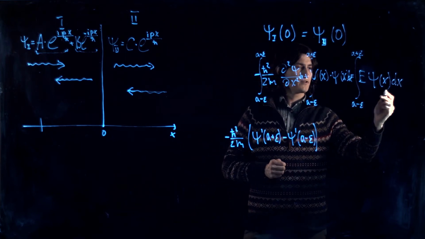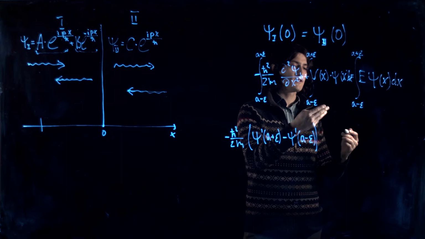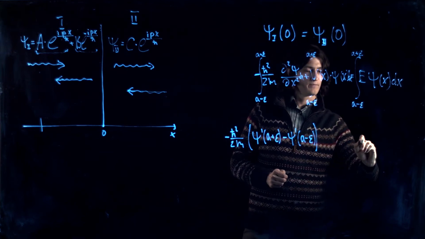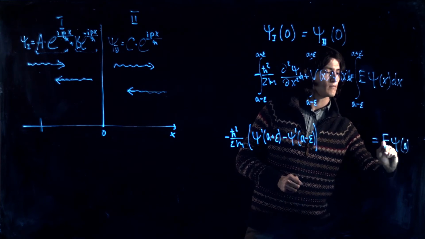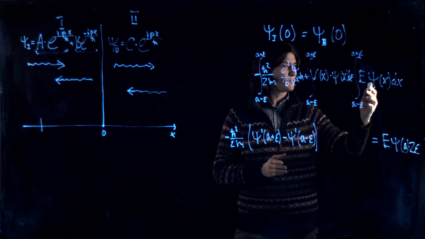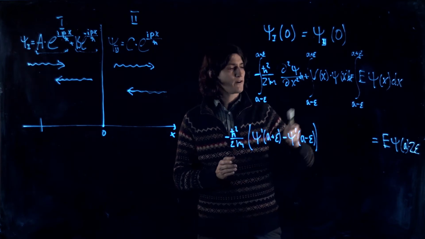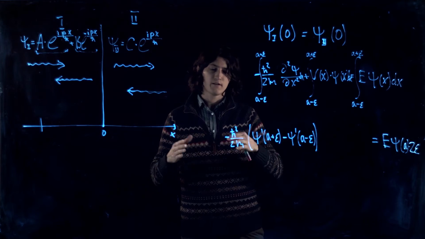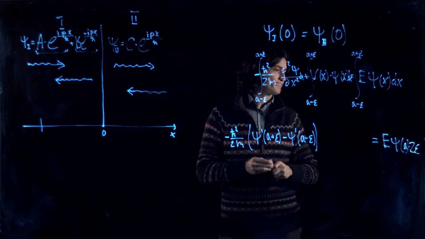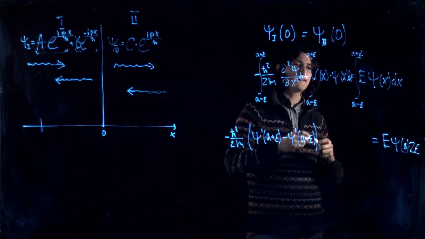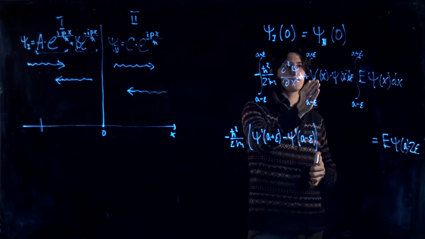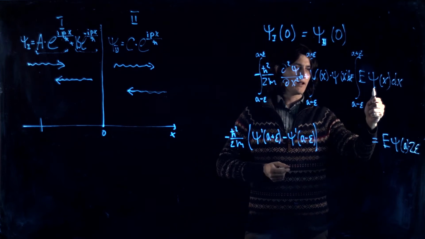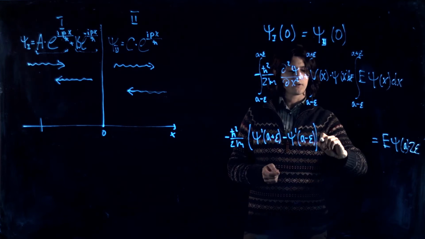The third integral can be simplified in the limit of epsilon going to 0. That can be done because the wave function and the energy are considered to be finite at every point. What about the second integral? If the potential is finite too, it can be treated in the same way as the third integral, and we will have: